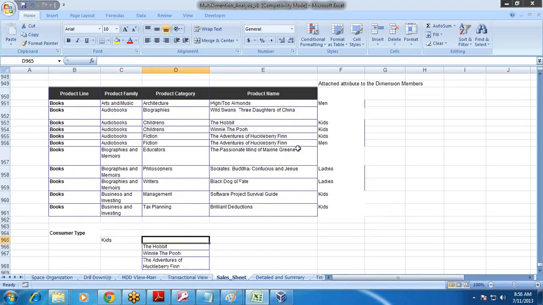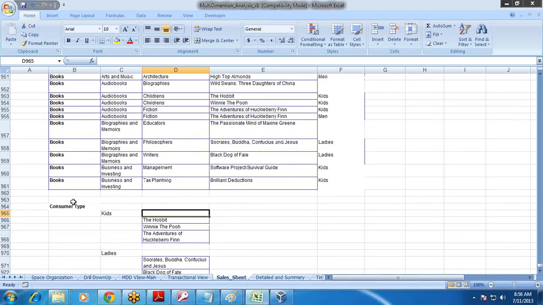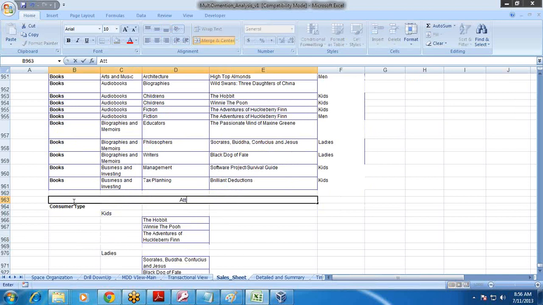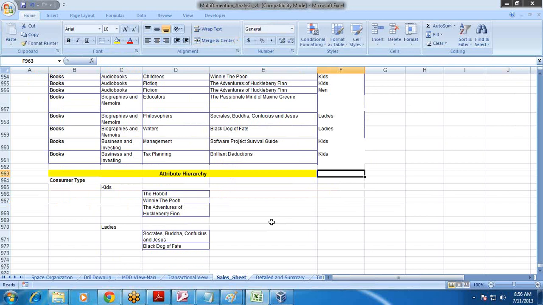If you talk about solutions, there are two solutions. Which one you opt for is up to you. It depends upon storage space or various other factors. This is called an attribute hierarchy, which is self-explanatory. Attribute hierarchy. Right, so